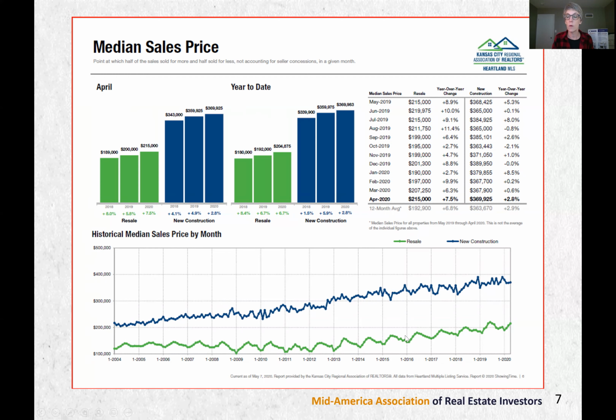We've been increasing, but not a great increase. And even in 2008 and 9, not a great decrease either. So that's really important to know for Kansas City. We're kind of boring here in Kansas City. Nothing really changes a lot here.